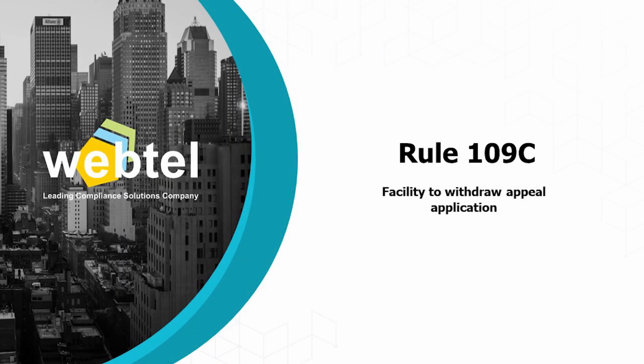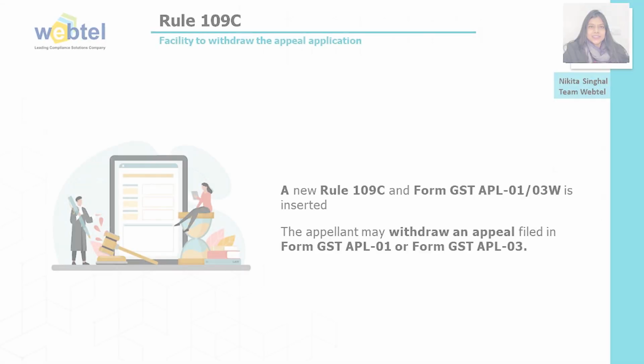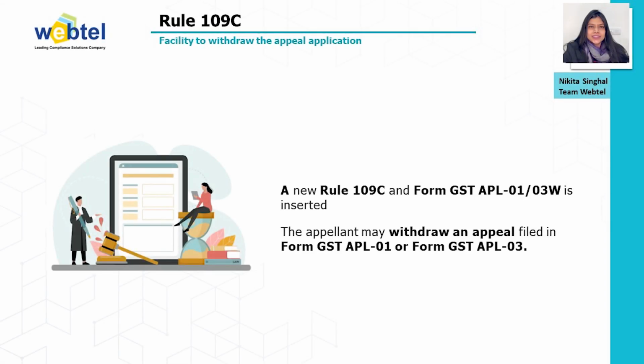Now Rule 109C is also newly inserted to provide a facility to withdraw an appeal application up to a certain specified stage. Currently, there is no option under the GST law to withdraw an appeal application. Thus, a new rule is inserted, which is Rule 109C, to provide that the appellant may withdraw an appeal filed in Form GST APL-01 or Form GST APL-03 through a withdrawal application form, which is GST APL-01/03W,